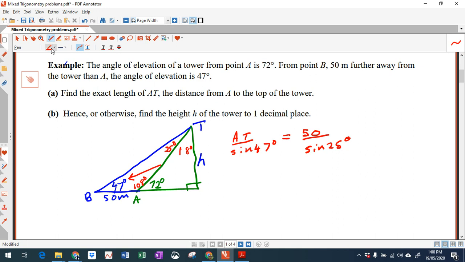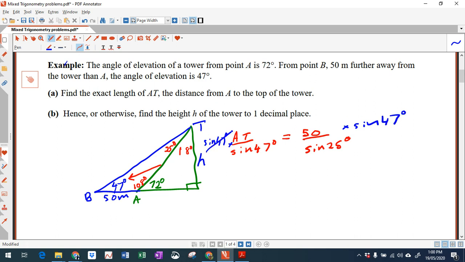Okay, so from that point on, if we multiply both sides by sine 47,